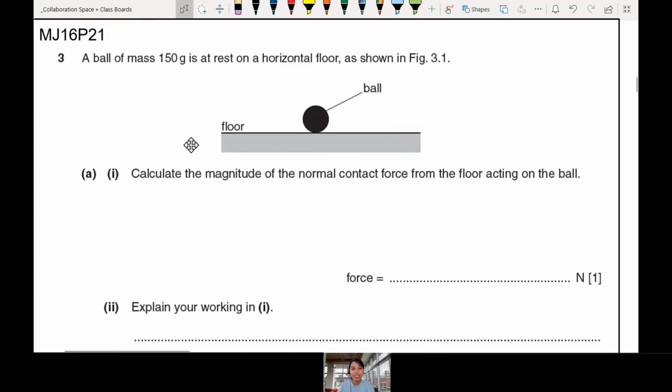Very first question says, hey, look, here's a ball resting here. When you see at rest, you should think of it like,